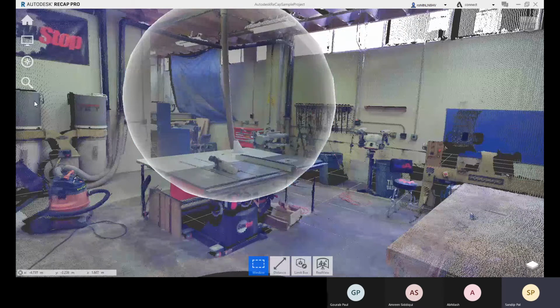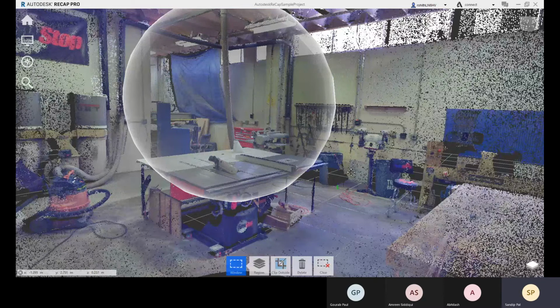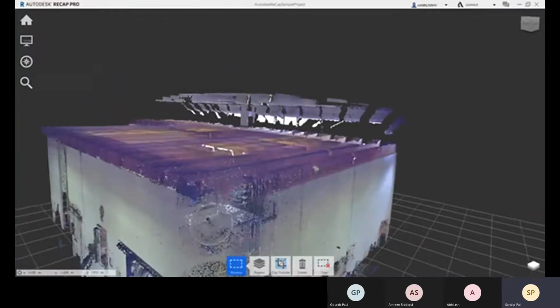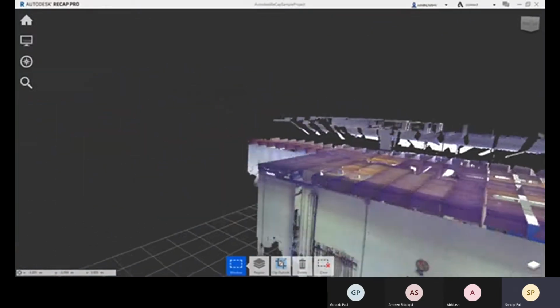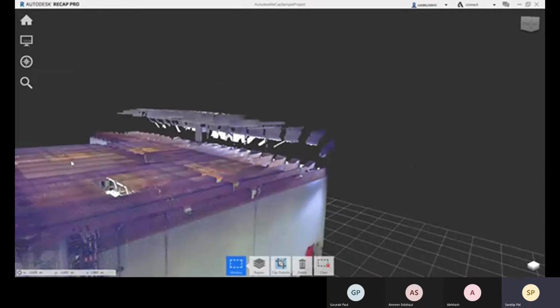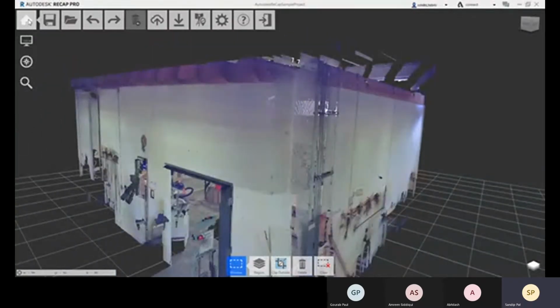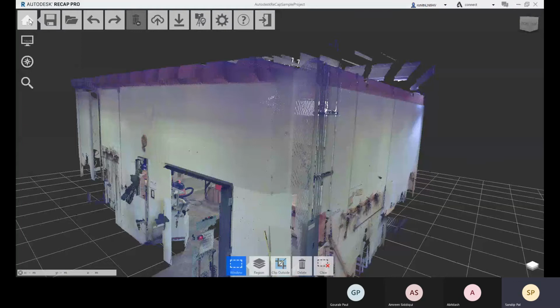Okay, so here you have some navigation options, so you can navigate around. So this is your point cloud. I'll be describing what is called a point cloud and how you get this point cloud file. This is just a sample file you are getting. Let me come to this home.